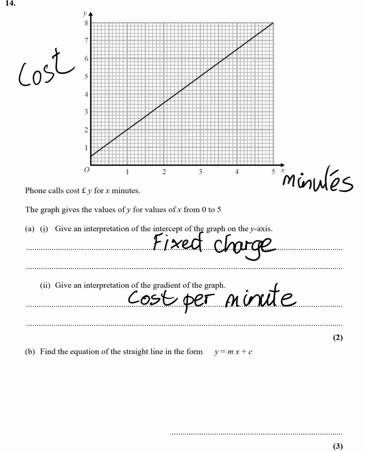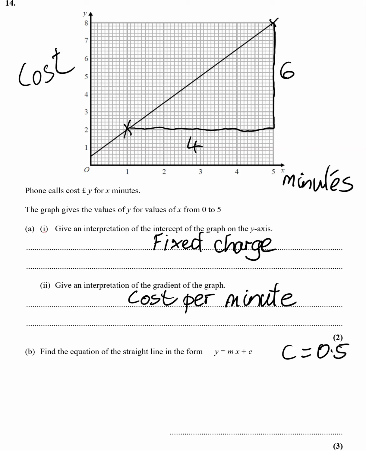Okay. Find the equation of the straight line in the form of y equals mx plus c. Right, okay, so the c is where it crosses the y-axis. So it crosses at 0.5. Now the gradient, I'm going to go from this point here to this point here. Okay, and I'm going to draw a right angle triangle. And this is going to help me work out the gradient, because I'm going to go, every time it goes across 4,